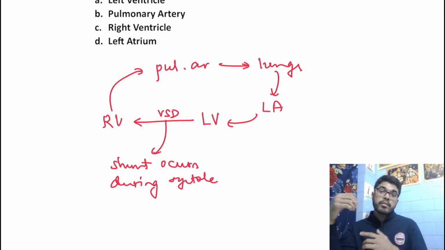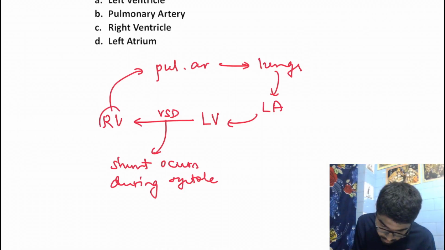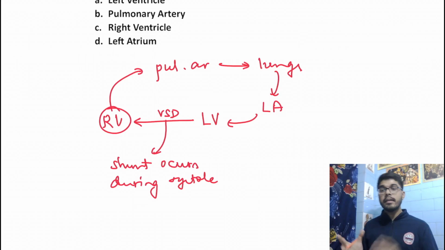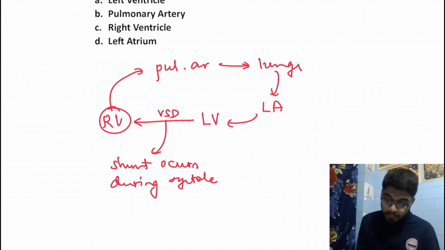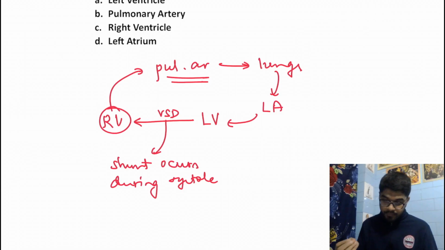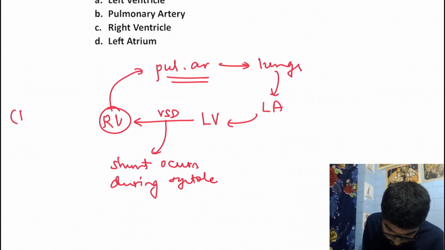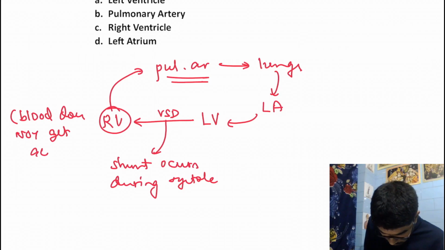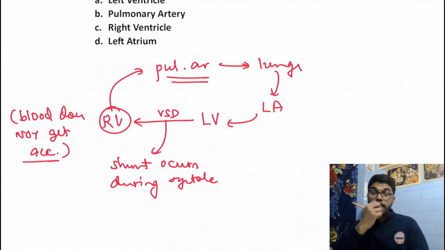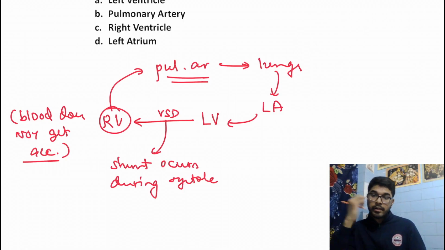Okay. Now during systole an extra amount of blood is being presented to the right ventricle, but what happens is that both the ventricles contract at the same time. So when the left ventricle contracts to shunt the blood, the right ventricle is also contracting, so it will directly direct the blood to the pulmonary artery, right? So the blood from the left ventricle shunts directly to the pulmonary artery via the right ventricle, which means that the blood does not get accumulated in the right ventricle because it is transferred to the pulmonary artery, okay, because